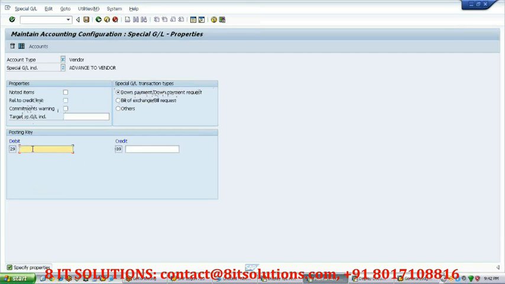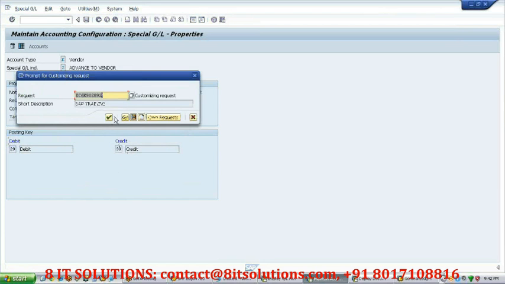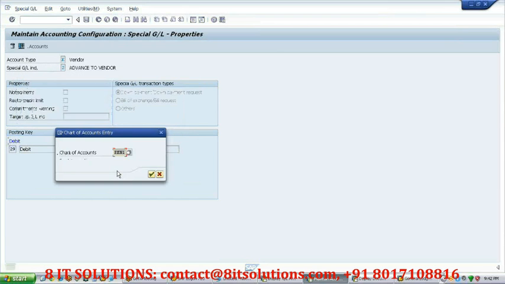Here you can put a description. You can put whether it is a down payment, this one can be down payment, this one can be reversal of down payment, or you can simply put debit credit if you have any confusion. Whatever is written there, you can put that. Now click on this account, it will ask you to save, so you can say save.